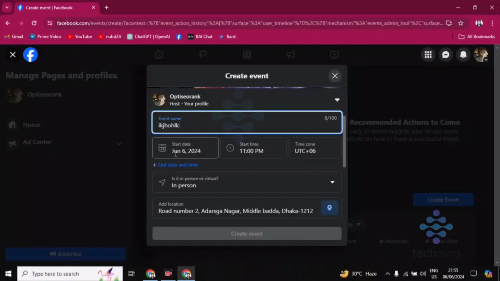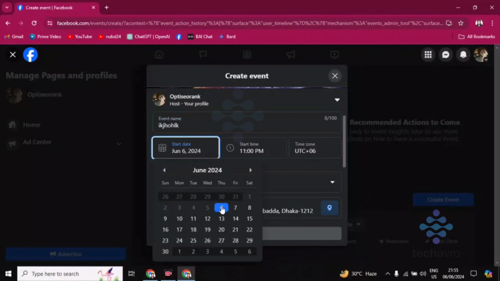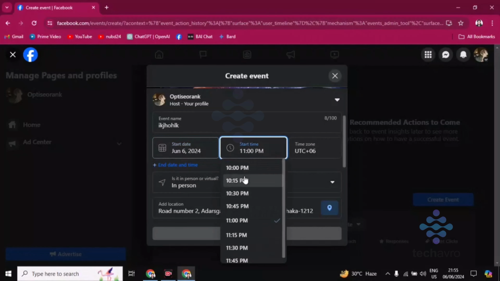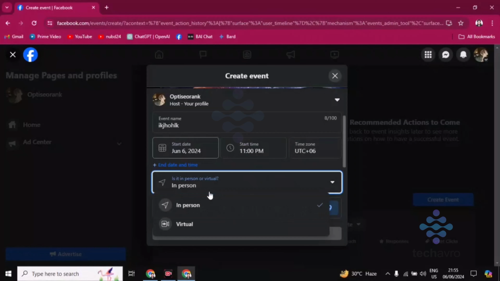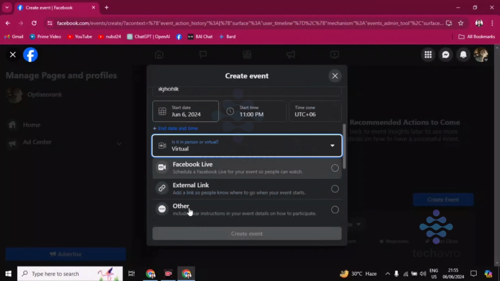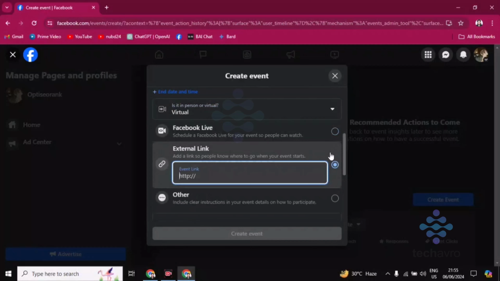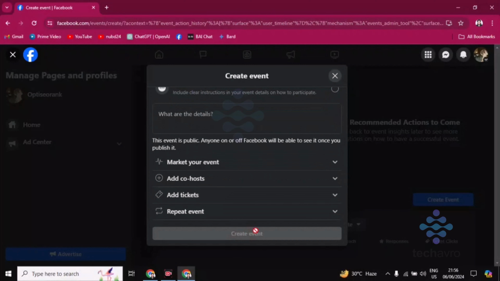The event time, the date is event date here. You can start, the time is here. You can start the date, event time, and if you want virtual or in person, you choose any event. And then Facebook live, external link, you can add your external link here. And after that, all you have to just click on,